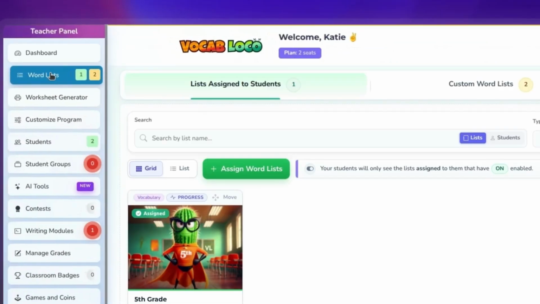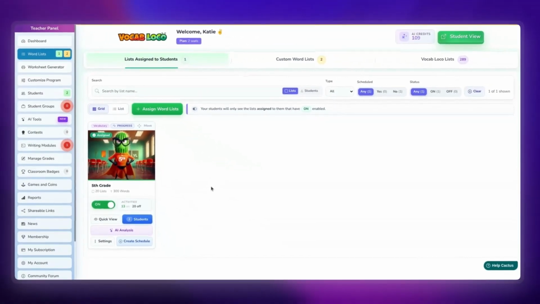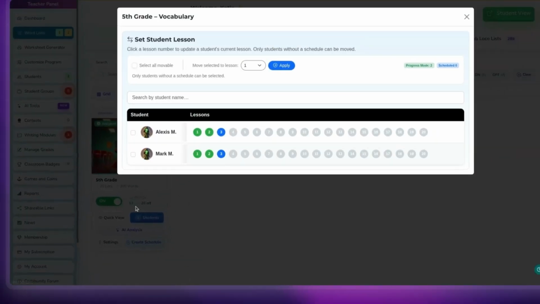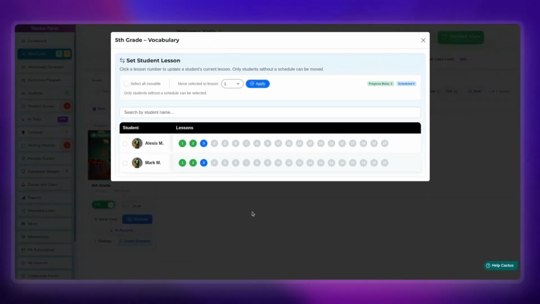From your teacher dashboard, open the word list menu and go to your assigned lists. Find the word list group you want to work with and click Set current lesson. The Set Student Lesson modal opens with a table showing each of your students and their lesson